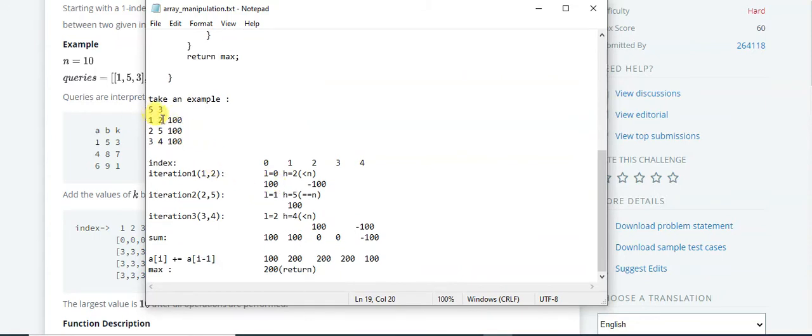So here I have taken the same example from HackerRank itself. You can see here we have 1, 2, so according to my array operation it will be 0 to 1. So in the first iteration, 100 will be added to the 0th index, and then minus 100 will be added to the second index. In the second iteration, 100 will be added to the first index, and